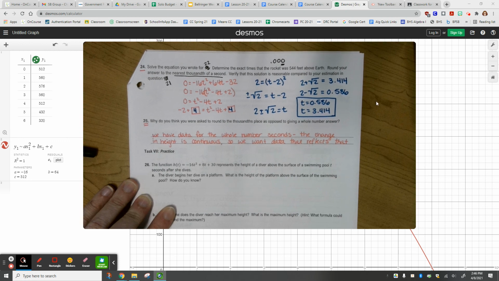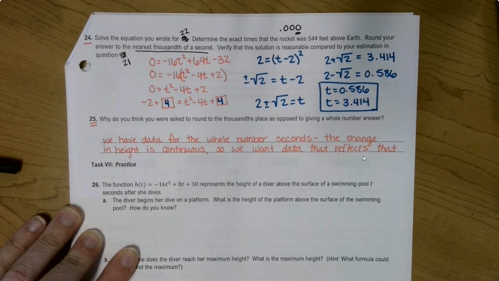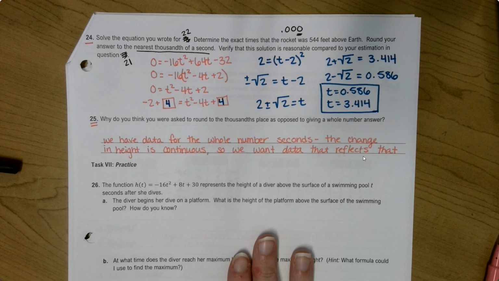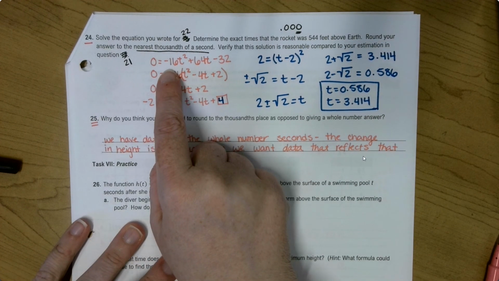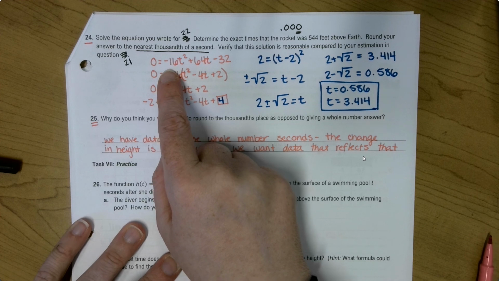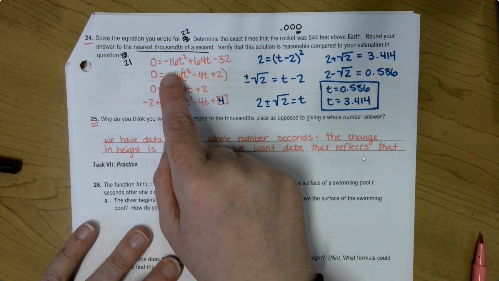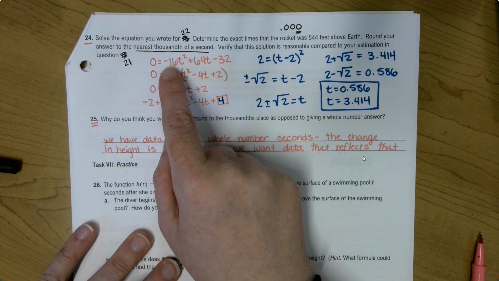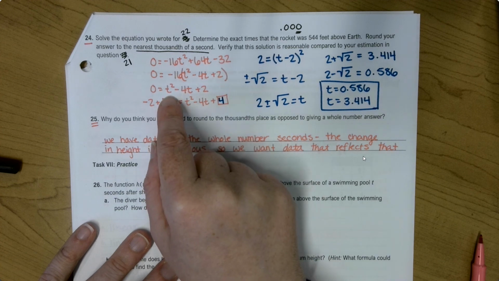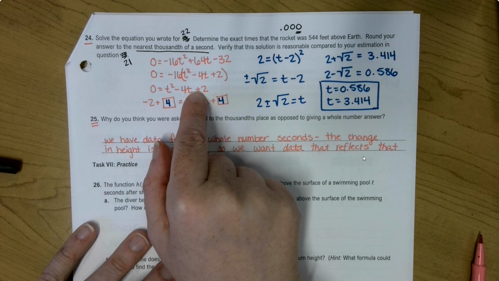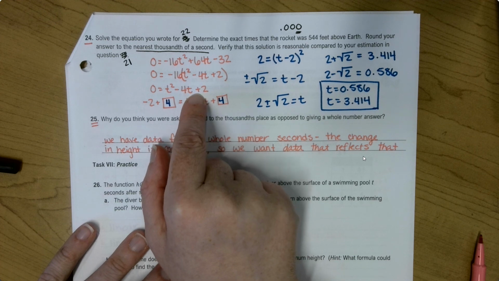Okay, so looking at our answers for 24 and 25. For 24, we're just solving this equation. I completed the square. You could have done quadratic formula and gotten the same thing. When I complete the square, I divided everything by negative 16, and that worked out. It was the greatest common factor again. I'm left with t squared minus 4t plus 2. And I did try, you cannot factor this. So after that, I subtracted 2 from each side